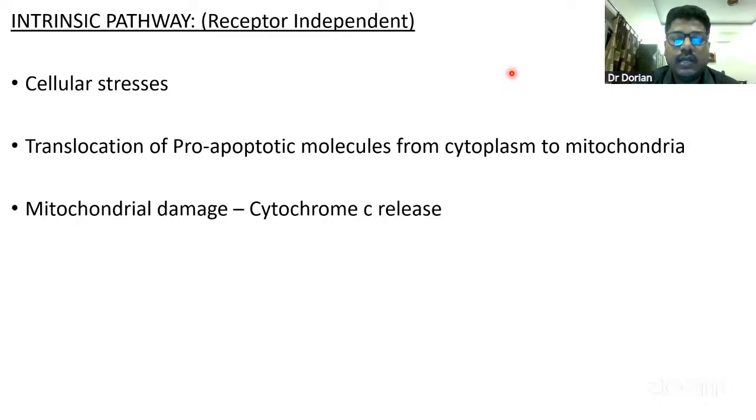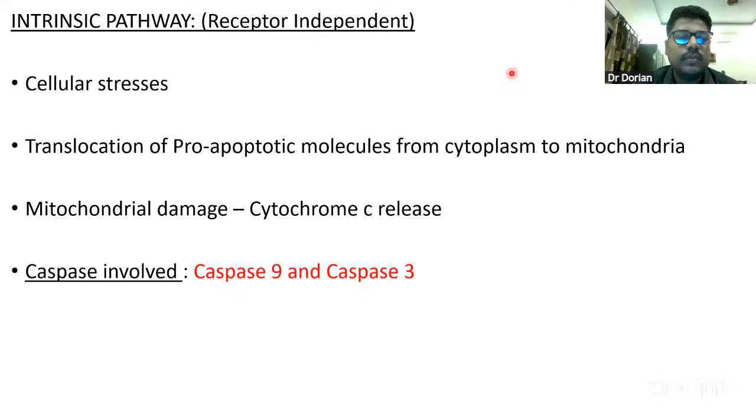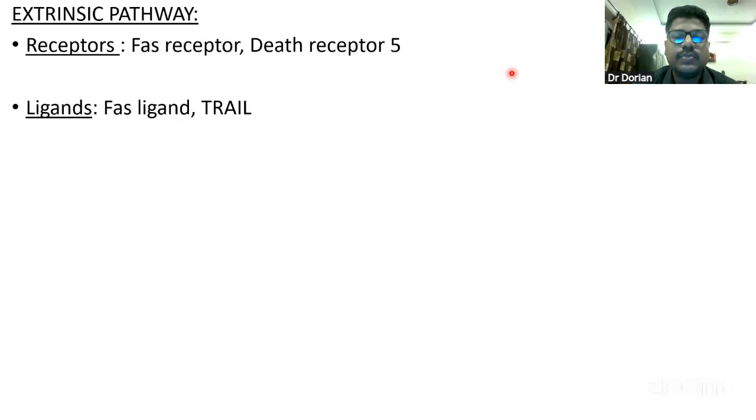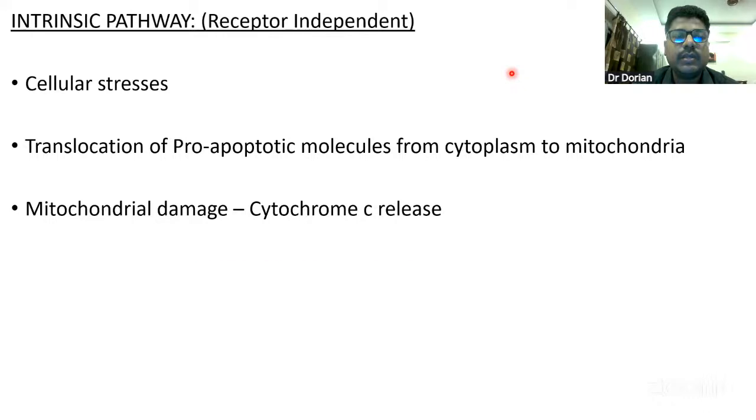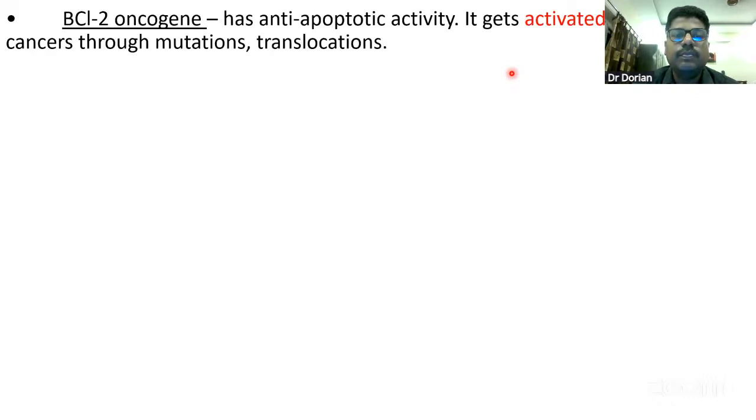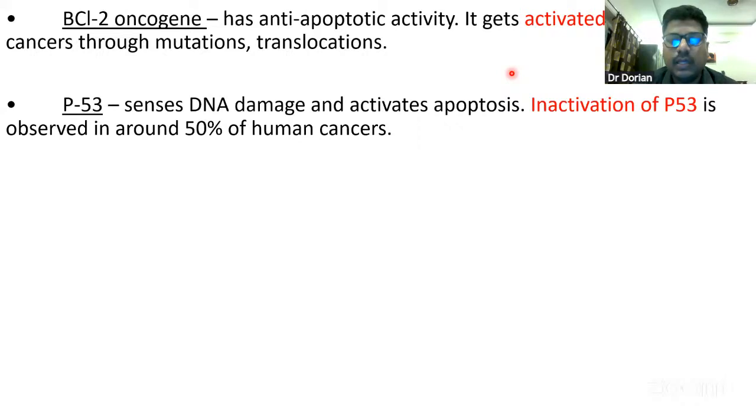Mitochondrial damage leads to cytochrome C release. The caspases involved in the intrinsic pathway are caspase 9 and caspase 3. There it was caspase 8; here in the intrinsic pathway, it is caspase 9 and 3. BCL2, which is a proto-oncogene, has anti-apoptotic activity. So all cancers express BCL2, and that's how they escape from apoptosis. P53,